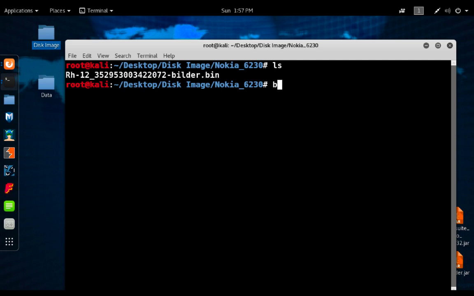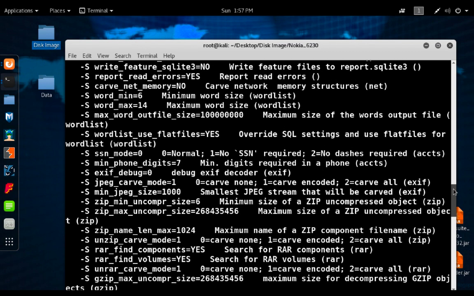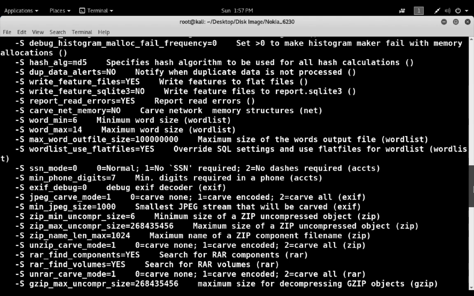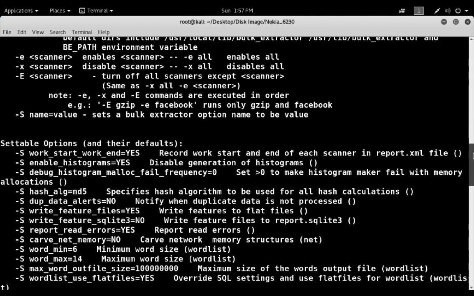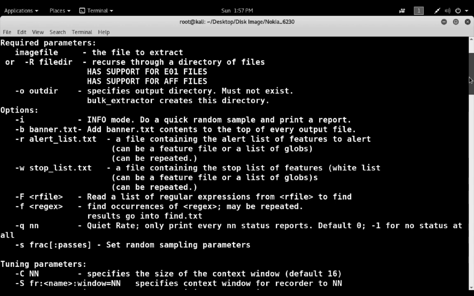So type bulk extractor, underscore, and hit enter. You can see these are the handles we can use in bulk extractor. A lot of handles are given, so it's your homework to read all of them so you can use them whenever they are required.